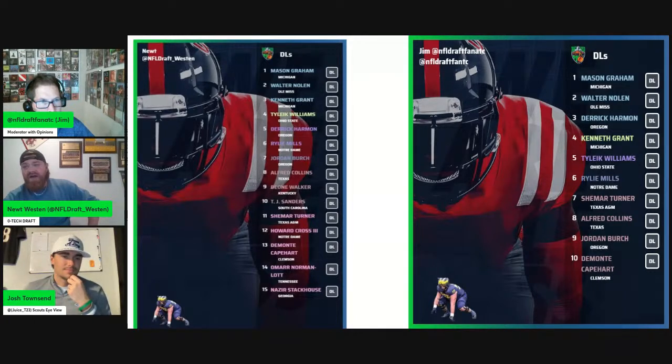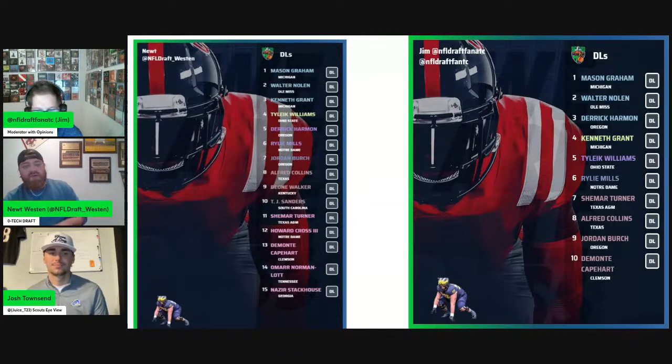I think that Alfred Collins, if we're talking about 3rd round guys, has probably the highest ceiling of the 3rd round guys that I have listed, which you can see in that graphic. When you start looking at the numbers he can put up and the athleticism he brings to the table, he's got an opportunity to really take advantage of this draft process, because he's already shown what he can do in his year of starting at Texas, where he's put up great run defense grades.